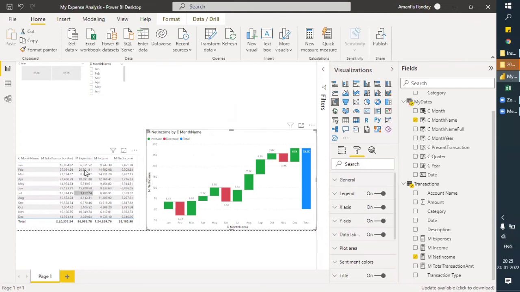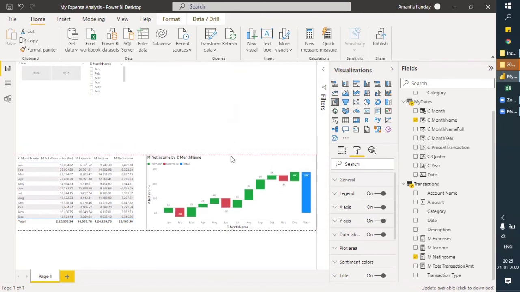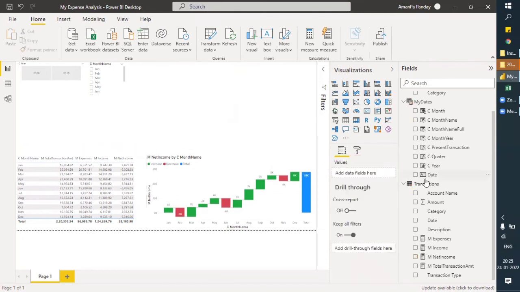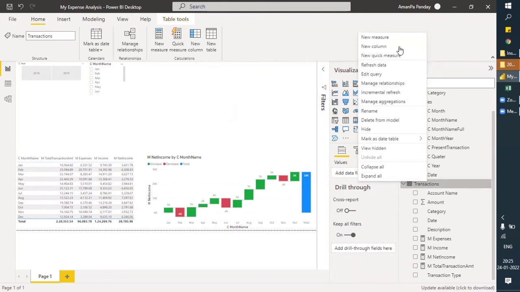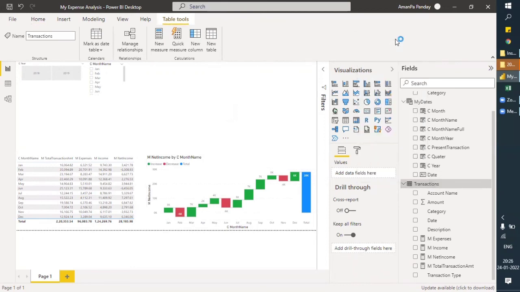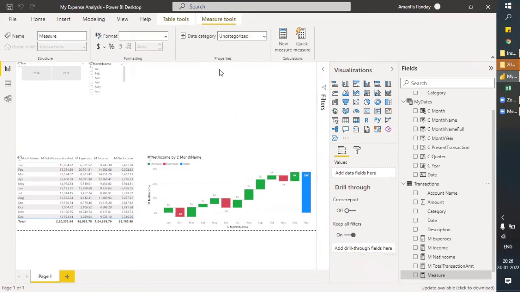So we have expenses per month, and we'll be calculating the expenses YTD. How can we do that? Just go there, right click, and new measure. We will be using the CALCULATE function here as well, and with CALCULATE we will also be using some other new DAX. How to use that now?